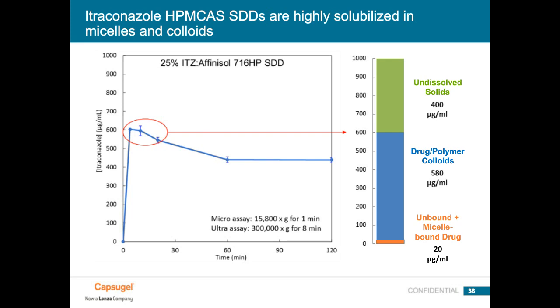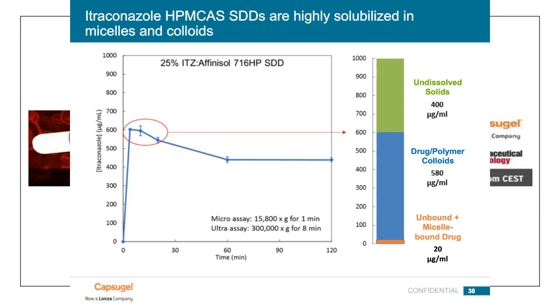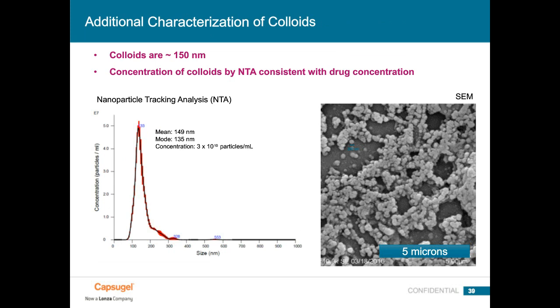And so we wanted to develop a test that would indicate whether these drug polymer colloids had a large impact on the bioperformance of formulations of Itraconazole. So the next slide just shows a little bit more information about these colloids that are formed. They have a size of about 150 nanometers, which we determined by both DLS and nanoparticle tracking analysis. And you can also view them, in fact, by microscopy, simply by drawing out a suspension of them on an SEM post and visually looking at them through the SEM.